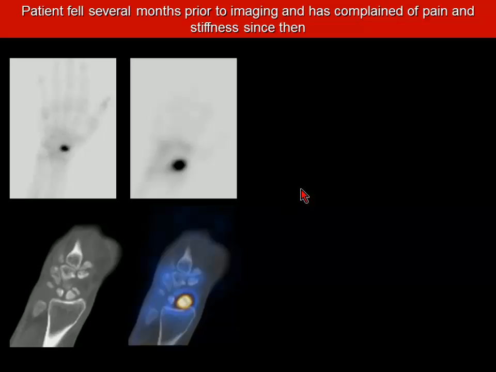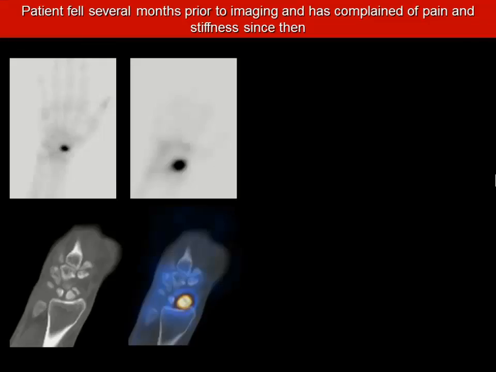So I will just show some examples and we'll go through the anatomy, what are the common fractures and how does the fracture look and what are the complications related to fracture. So this is a classical example of fracture which is non-unioned. That's a scaphoid fracture. Another example, a patient with a fall again, but if you look at both the images,